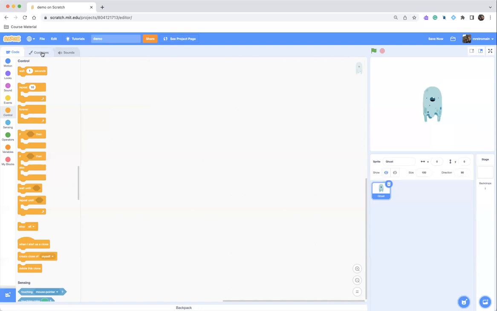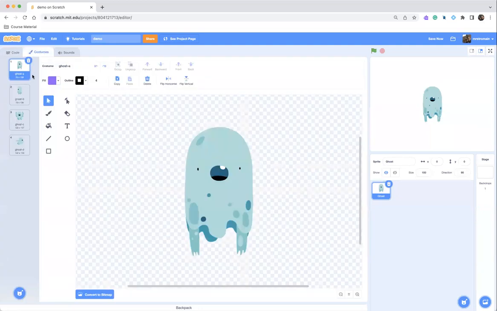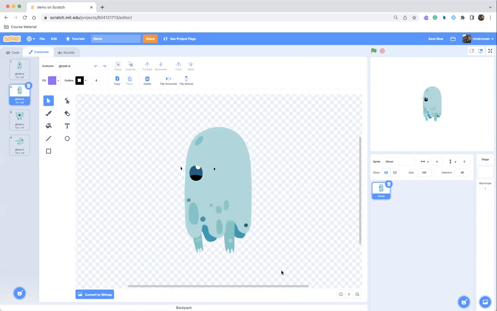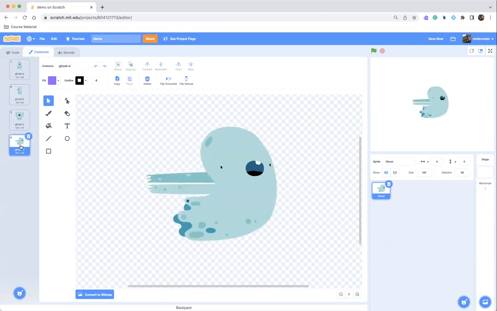So up here, when I click on this tab, you'll see there are currently 1, 2, 3, 4 states that this ghost can be in. There are 4 what are called costumes. And currently the first one, which is ghost A, is the one that has been selected in this list, so that's what you see in your sprite window. If I click here on B, it updates this here, and you'll see it's now changed to this, or C, or D, or whatever the